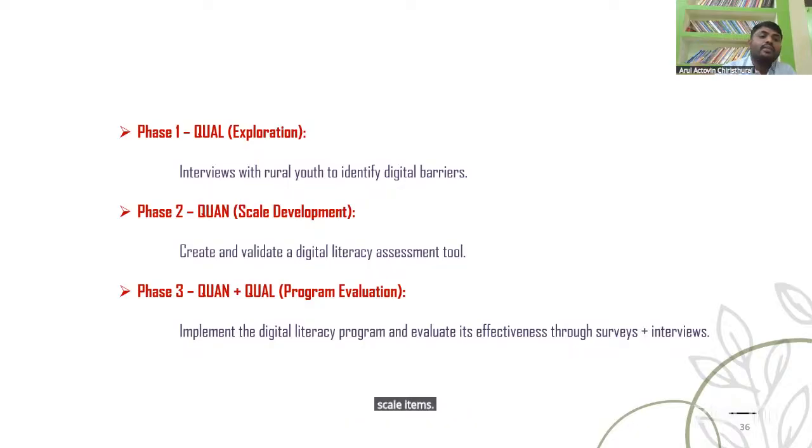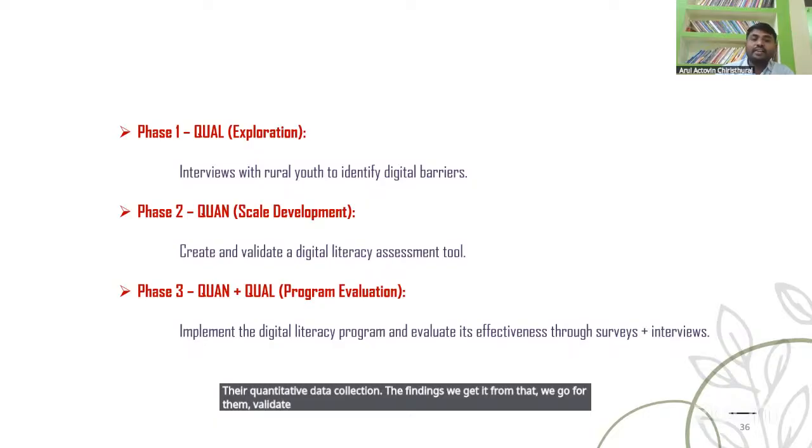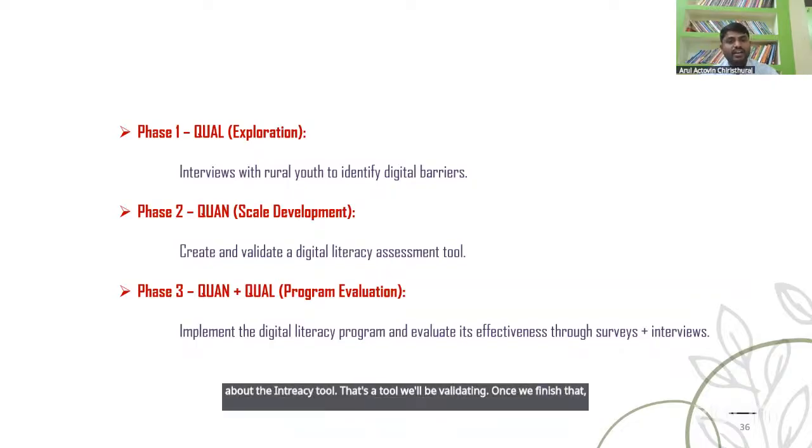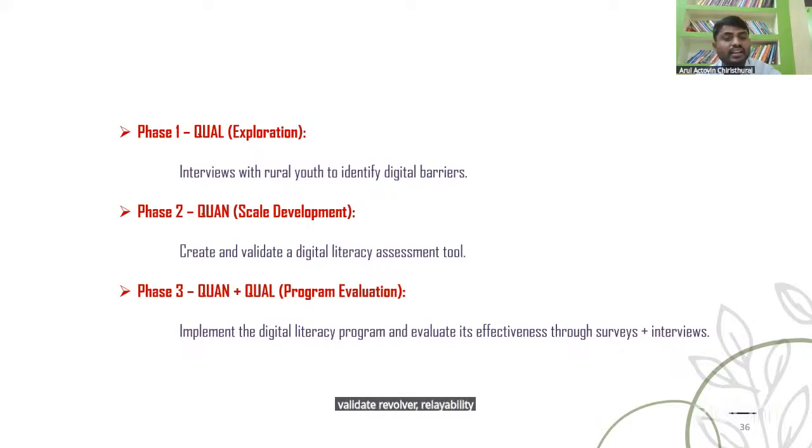Then we go for quantitative data collection, and from the findings we validate the literacy tool, with reliability, validity, everything done. Up to this point, this is called the sequential exploratory design.